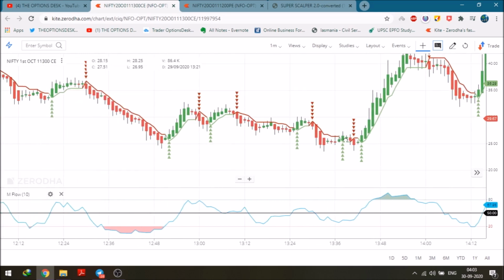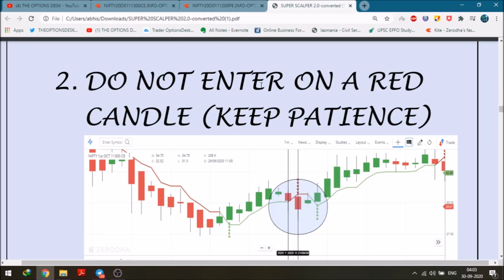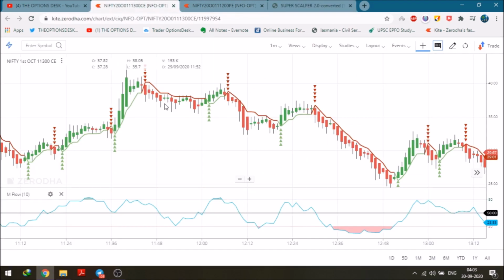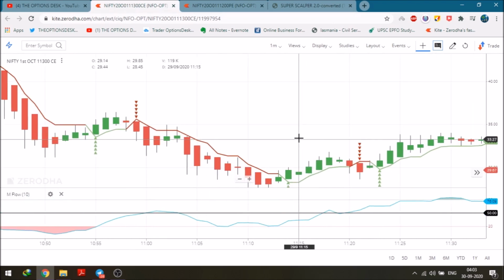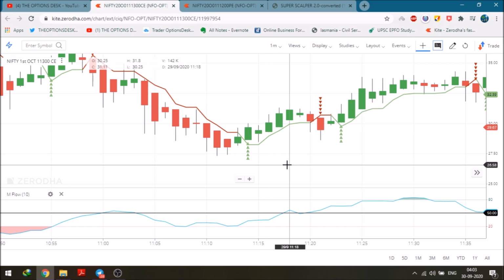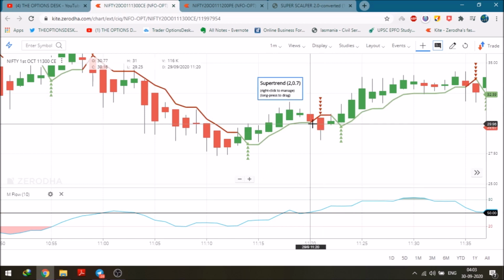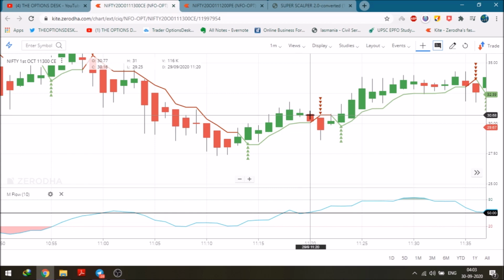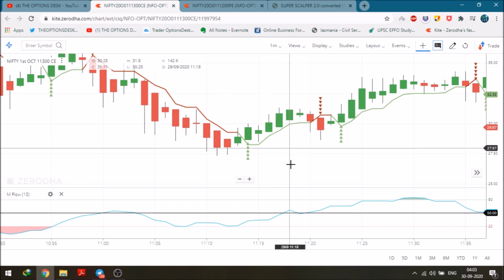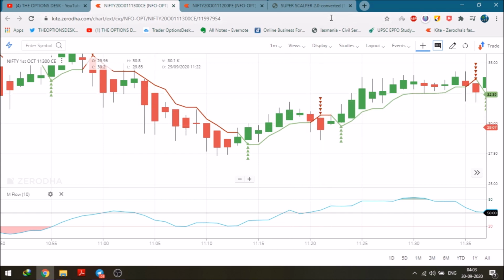Now let's see which are the points that I'm searching. Just let me see the timings. That is 11:21. Let me verify it with the charts. See, at this particular point it came on the upper end. The MFI has broken on the upside, but the super trend is in red, and at this particular point also the MFI has broken on the upside, but the super trend candle is red. I'm not taking an entry because my first entry, which I took at 11:18, already has my stop loss set. Stop loss will be extended further in the super scalper PDF.